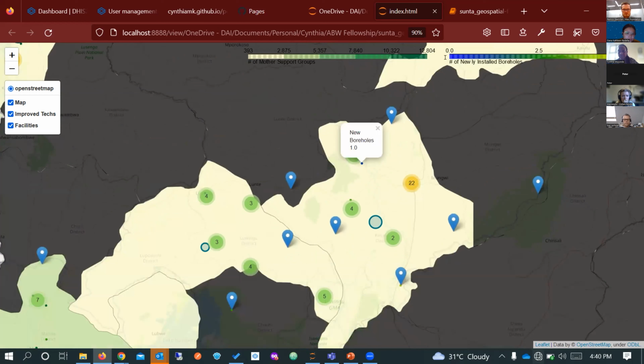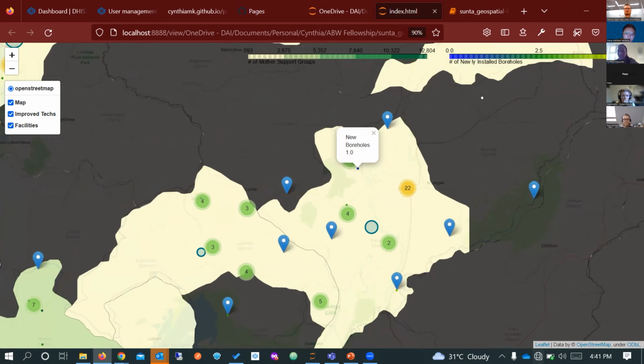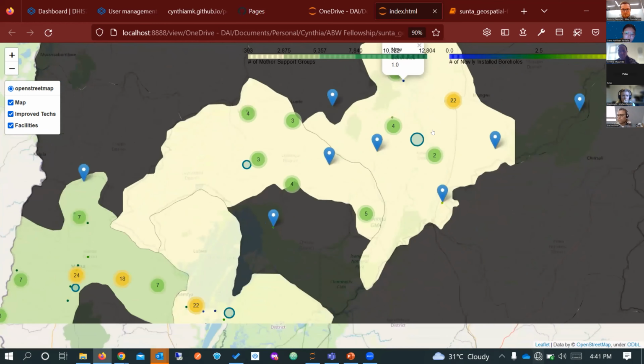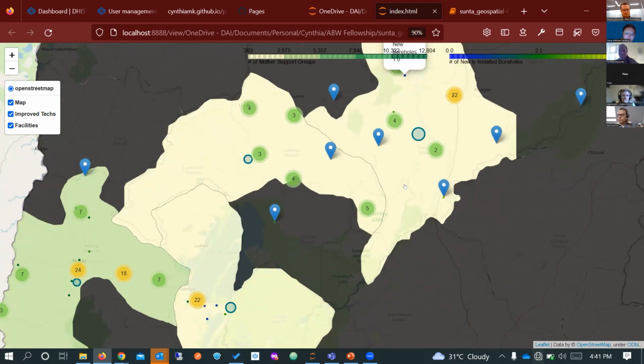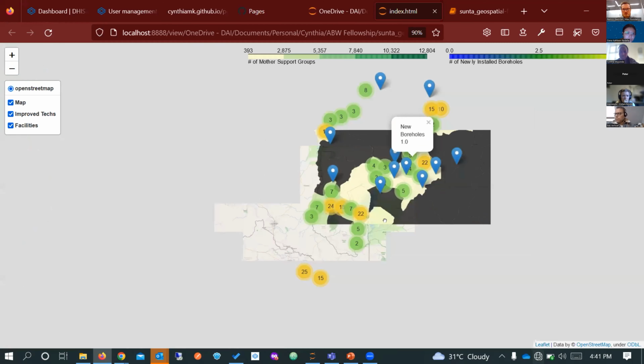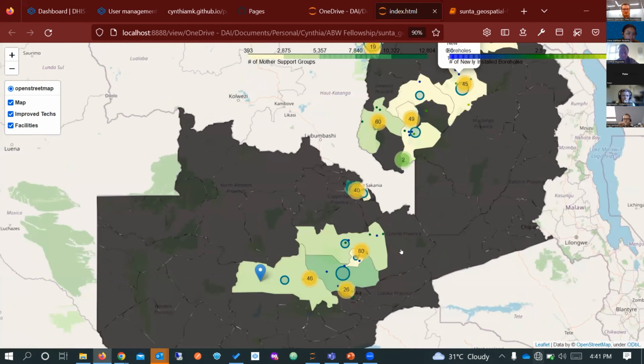We have a legend at the top right, which shows a scale from 0.0 to 5. Ideally, what we want to see is more and more boreholes within these districts. And we can see that we've done really well in the North and not so well in the Central